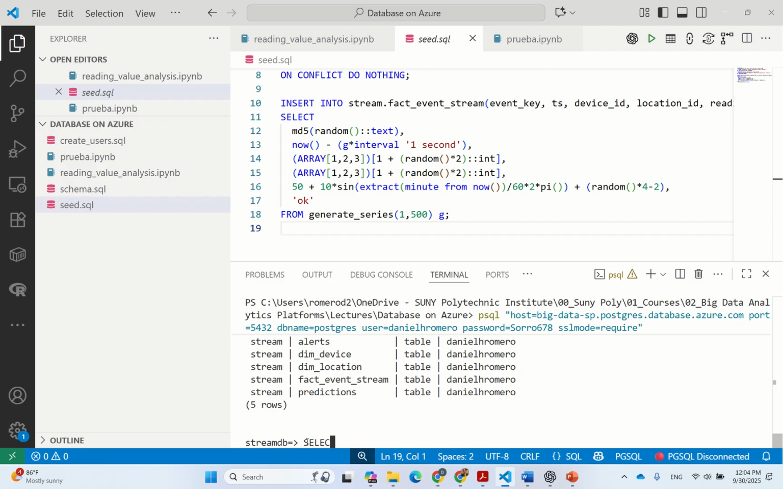Something like select, let's see, everything from the schema is a stream dot fact event stream. So I'm missing now something, the semicolon. I'm gonna hit enter on purpose because I want you to be aware that, for example, here you see